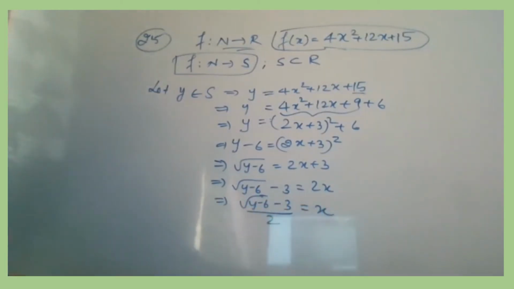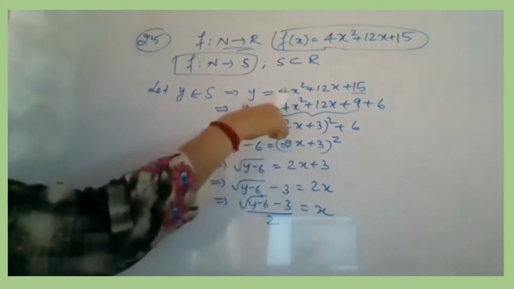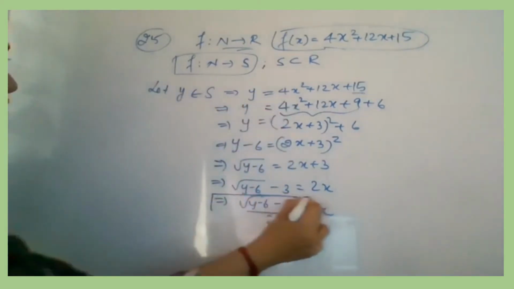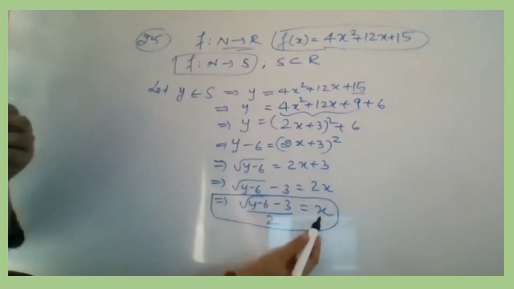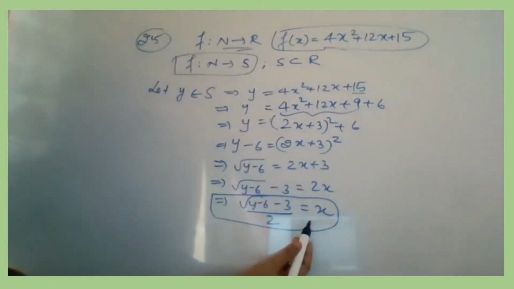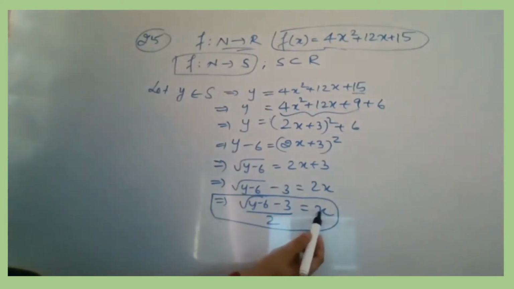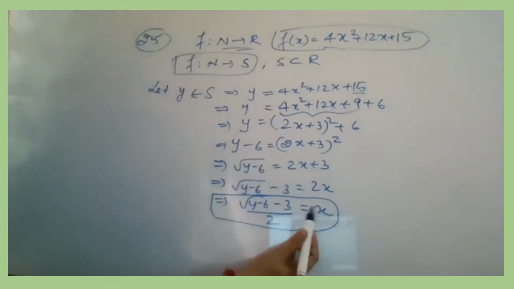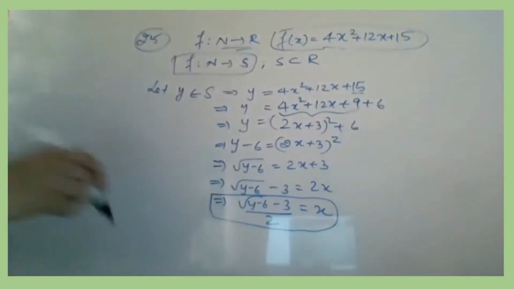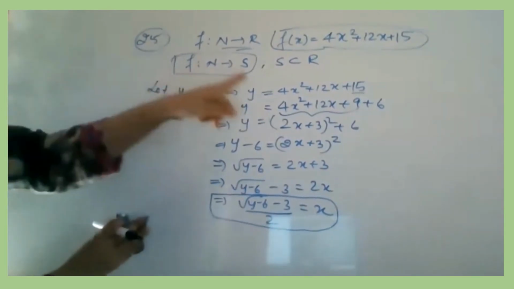So x equal to is now made. Whenever there is a square term, you have to follow this process in order to make x equal to. If you got this, then here you will have x equal to what you got. This is actually your g of y. Okay, you got this. You understood? Shall I rub the procedure? It is okay.